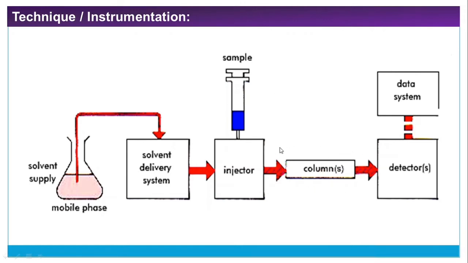and here is a column which contains a stationary phase, that is a gel which contains small pores. Whatever separation is done in this column, the eluent coming from this column, which contains sample components, goes to the detectors. The detectors monitor and detect which components are there, and we can see that by using the data system. So in this way, this is the instrument. It is similar to any general chromatographic technique, that is gas chromatography or liquid chromatography.